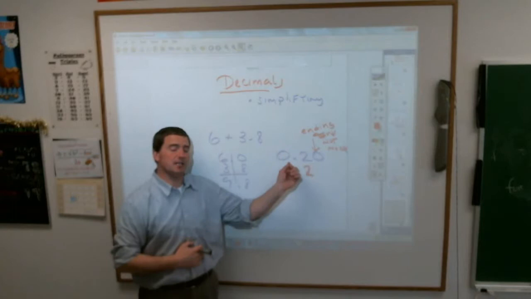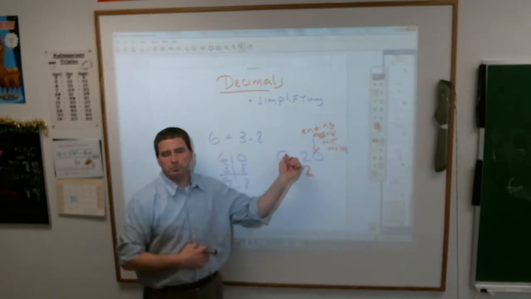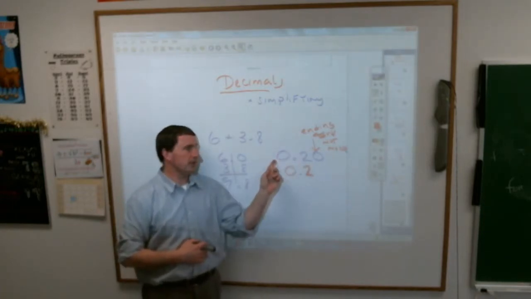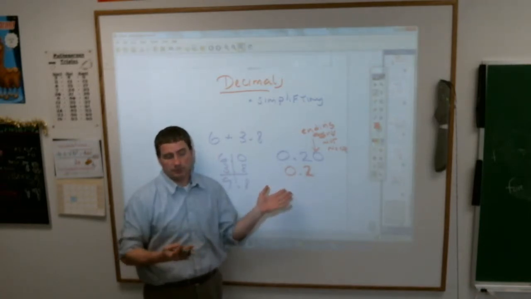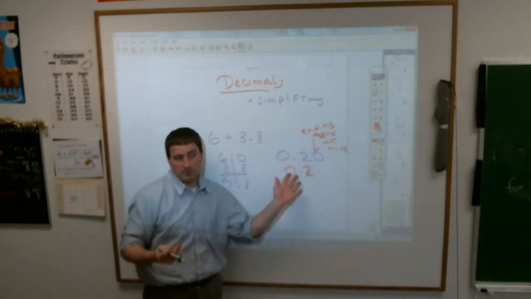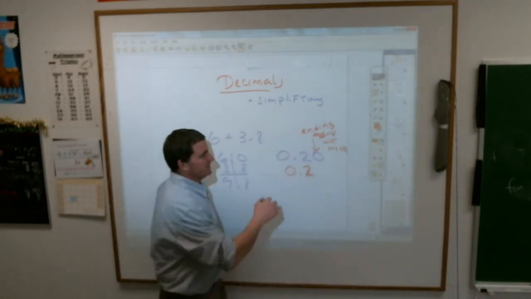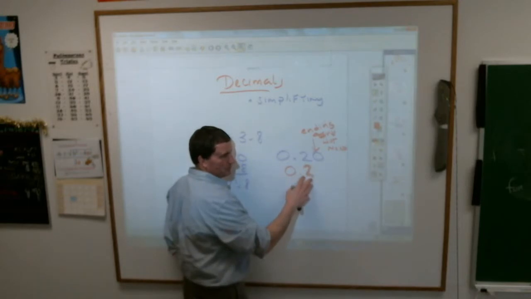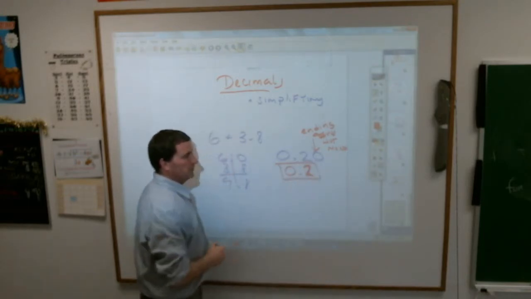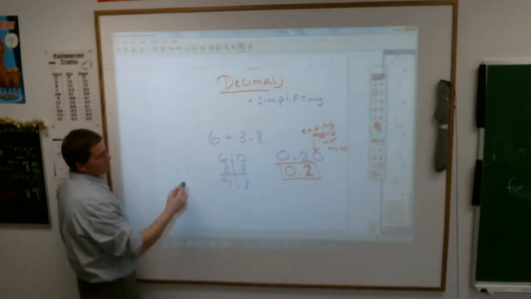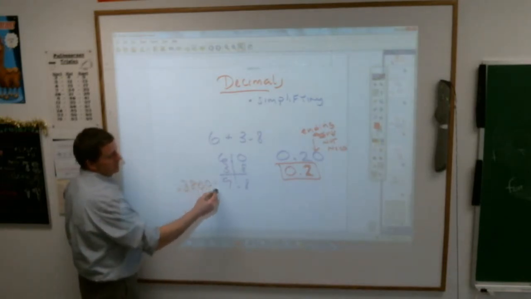These both mean the same thing, but you'd have to say them differently. Let me know how you say this top one. Isabel, this is 20 hundredths, and this one is 2 tenths. They mean the same thing. If you had that much money, it'd be the same thing. But because it's easier for us to think about 2 tenths than it is 20 hundredths, we always simplify decimal numbers by doing that. In the same way, if you had something like this,